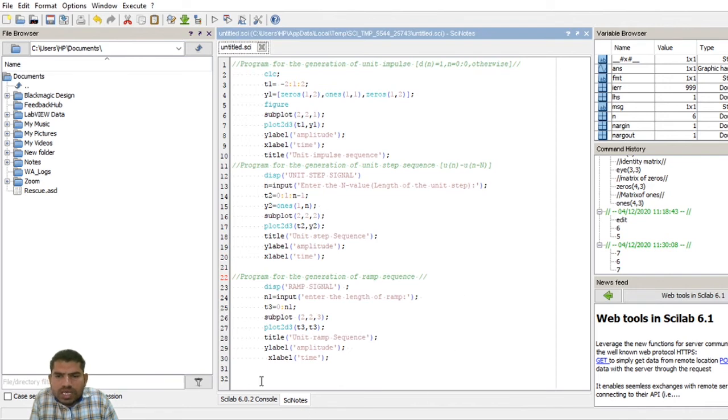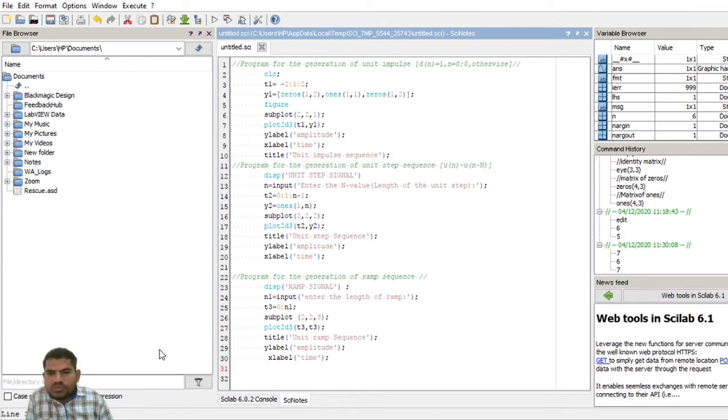Ramp signal. Next I am going to the last signal, the exponential signal. What is the statement of the exponential signal? g of t is equal to e to the power of at. There are two types of exponential signals: exponential increasing and exponential decreasing. Depending on the a value in e to the power of at, if a is positive, it is an exponential increasing signal. If a is negative, we get an exponential decreasing signal.